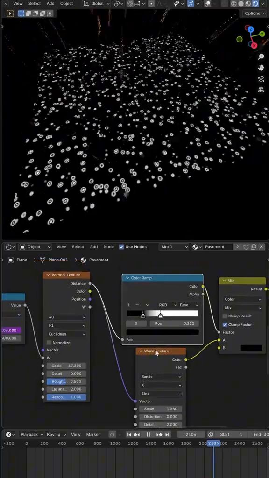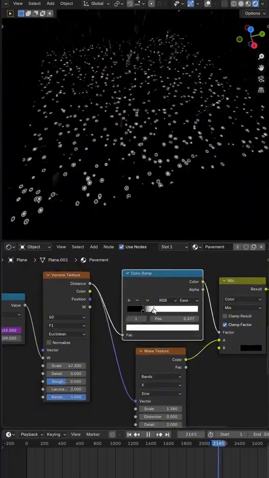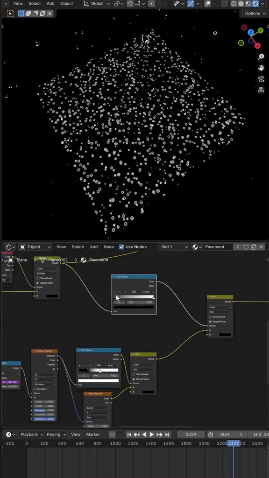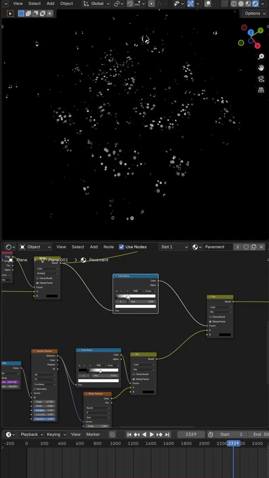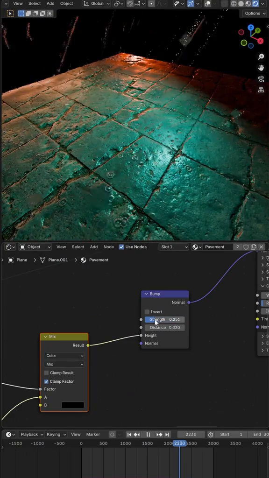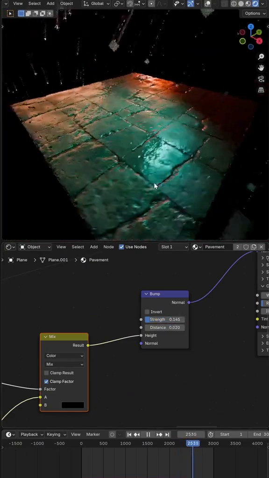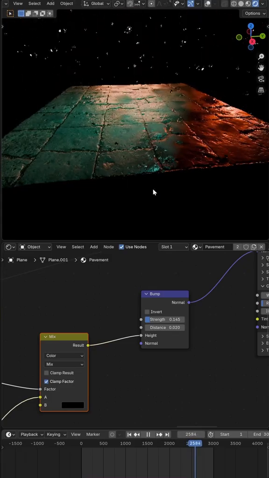And to wrap up, I create a bump map using a Voronoi texture plugged into a wave texture to create little ripples, and use the wet map as a mask so they only appear in the wettest areas of the material. I'm still tinkering, but I'll throw the project file into my Discord for anyone that wants to play around